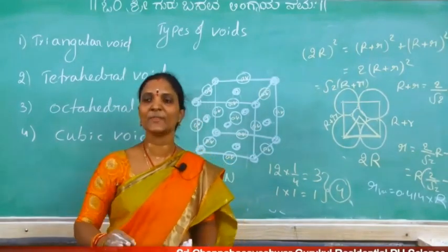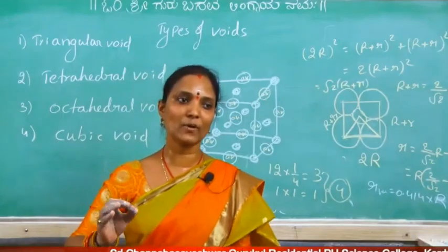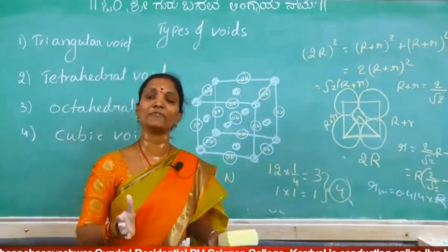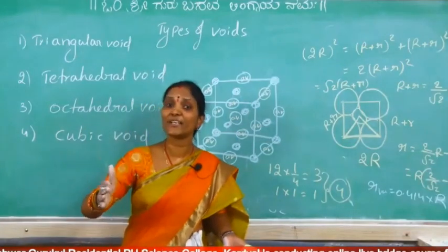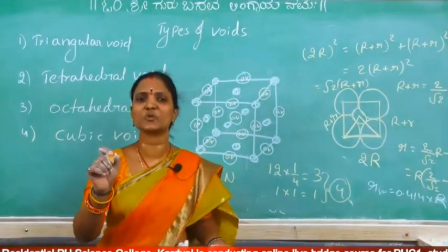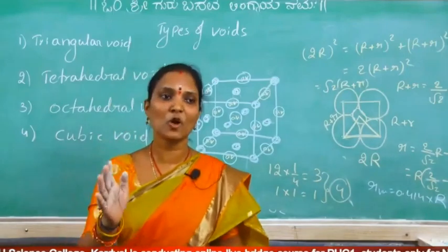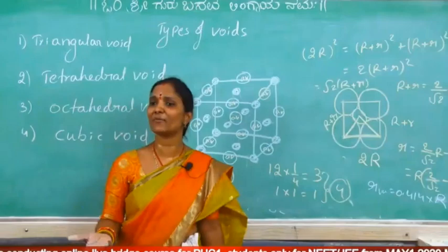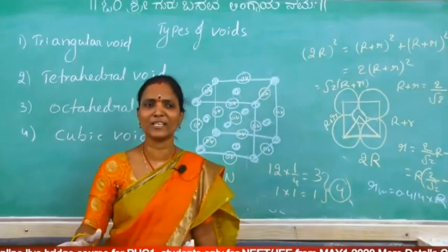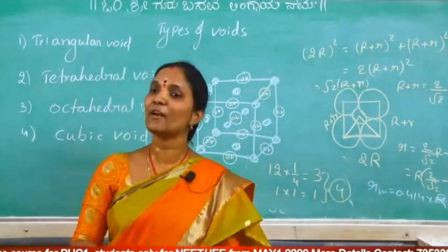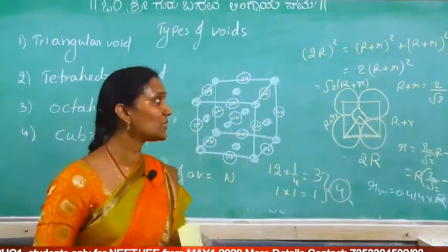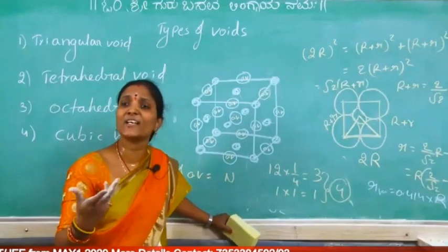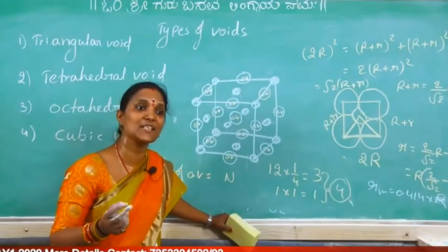Now the question is: the number of tetrahedral voids per sphere in FCC. Like this they will ask, to confuse. If 'per sphere' is not observed, with FCC given, we would definitely mark the number of tetrahedral voids as 8. But the question is the number of tetrahedral voids per sphere. How many spheres? 4 spheres. How many tetrahedral voids? 8. Per sphere how many are we getting? 2. So the answer is 2.